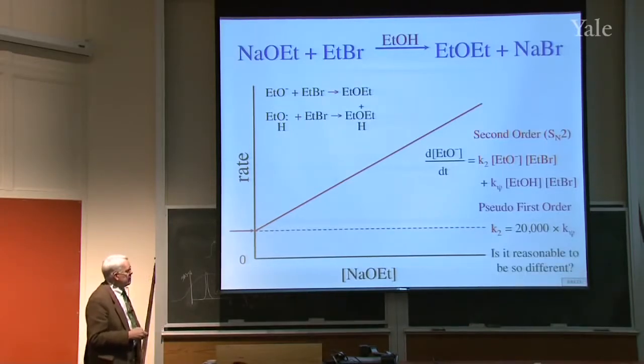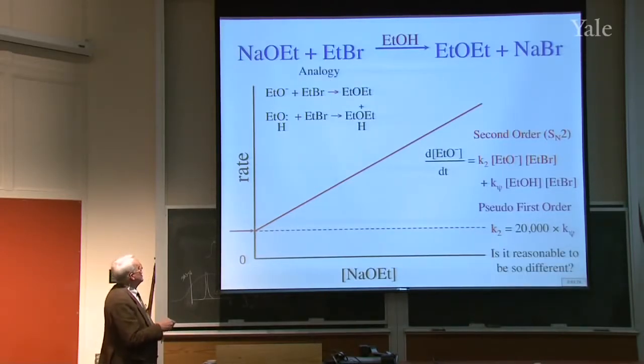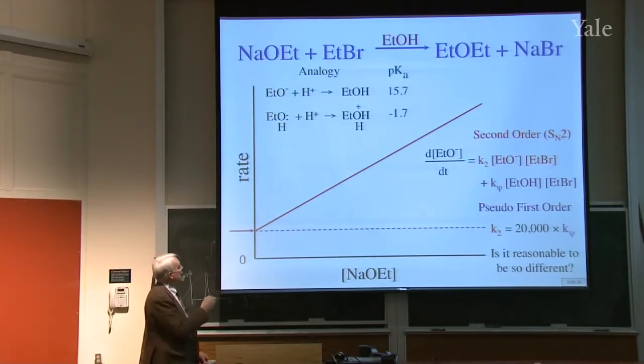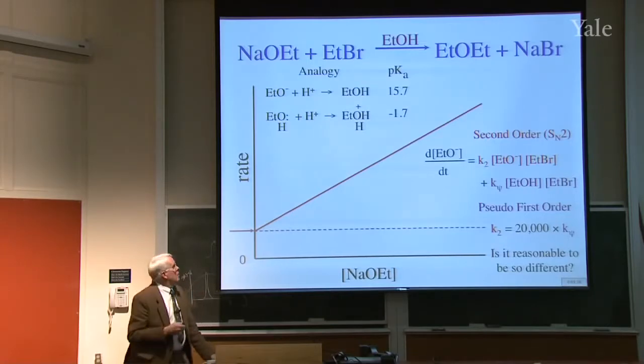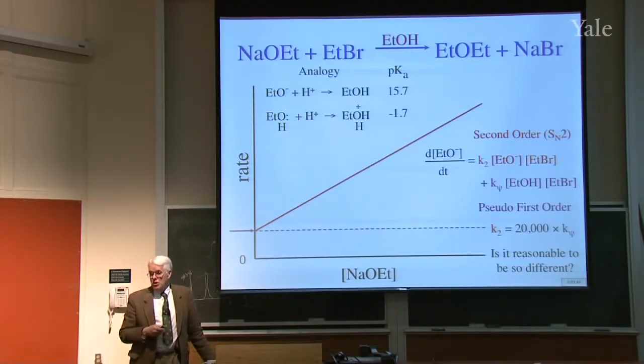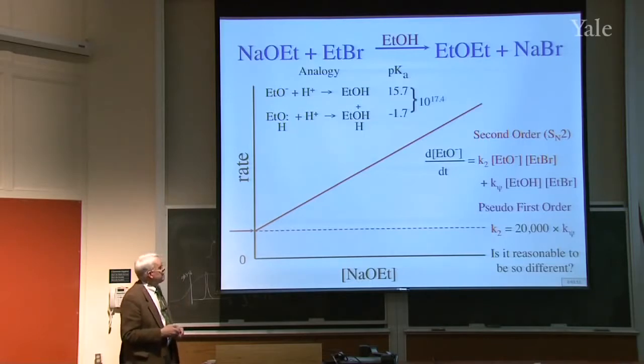Okay. So the analogy to that is attacking protons. And that's an equilibrium that's easy to measure, the way we did last time. And we find out that their pKa's differ by what, 17.5 powers of 10, right? Here they differ by only a little more than 4 powers of 10. So you might expect it to be even bigger, right, the difference? But in fact,